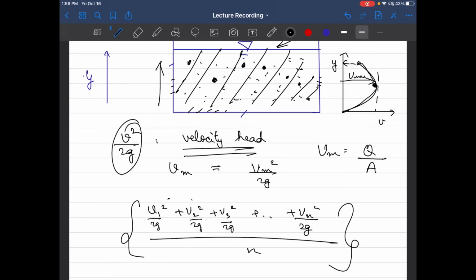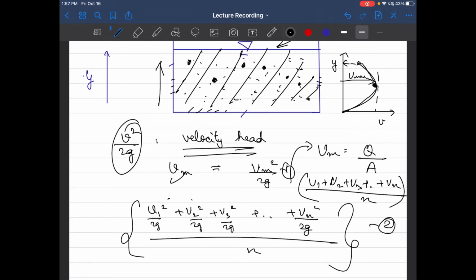On the other hand, our V mean can simply be total flow that we are observing divided by cross sectional area, and you can easily calculate Vm as V1 plus V2 plus V3 all the way till Vn divided by n, where you calculate the velocities individually, take its mean, which is equivalent to saying that it can also be computed by average discharge divided by total cross sectional area. Now you can clearly imagine, if we calculate Vm using these two formulas 1 and 2, values are going to be essentially different because the numerators in these terms are not going to be the same.